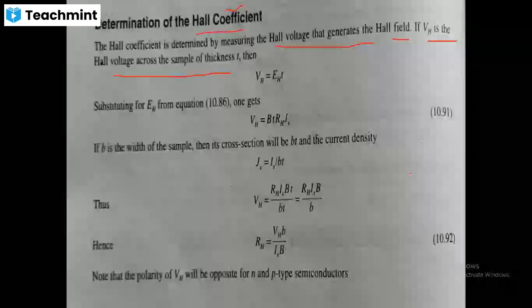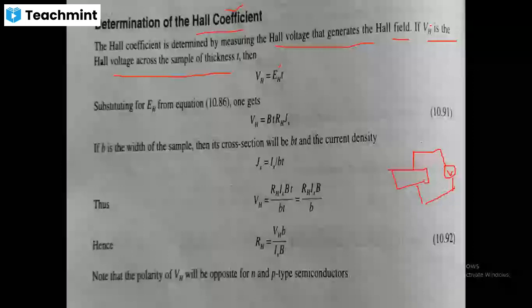Experimentally, when you do the experiment, we know that there is going to be a voltage developed. So if this is the conductor, the voltage is developed here and here. So we connect a voltmeter here, and with the help of this voltmeter, we measure the voltage. Once you measure the voltage, it is possible to calculate the electric field EH.